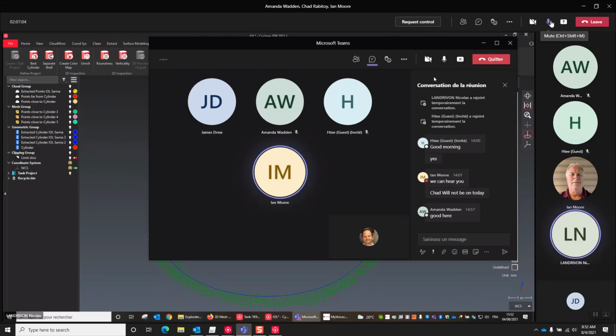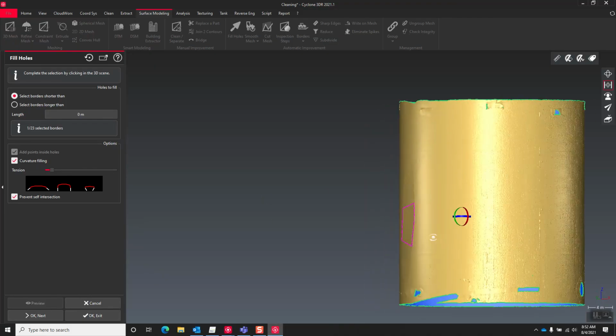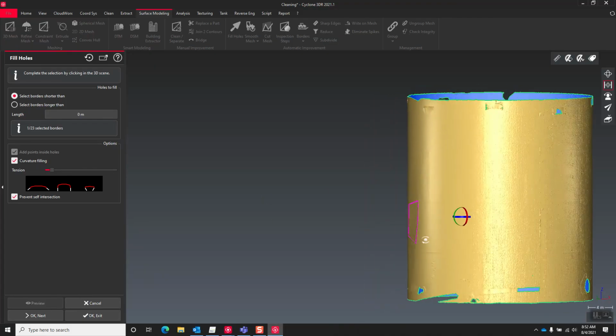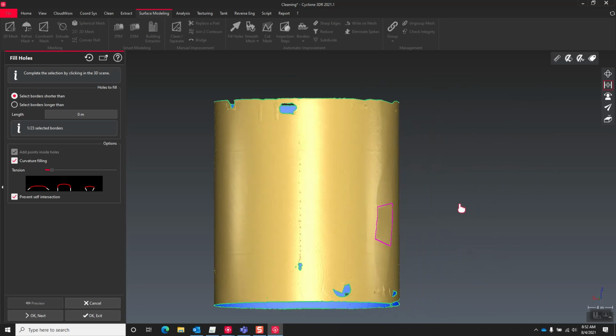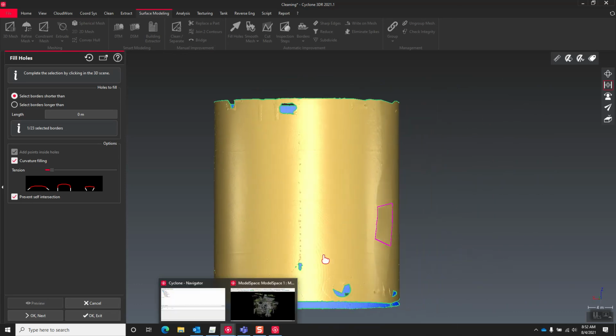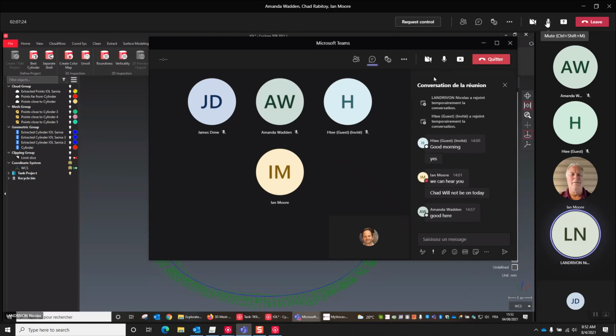Was it clear enough? Because I know that it's not easy to do that training for the meshing, especially remotely. And I don't see what you're doing, so it's very difficult for me. So was it clear or not? Yeah, it was clear. I've got a handle on it. Yeah, I think it was clear.